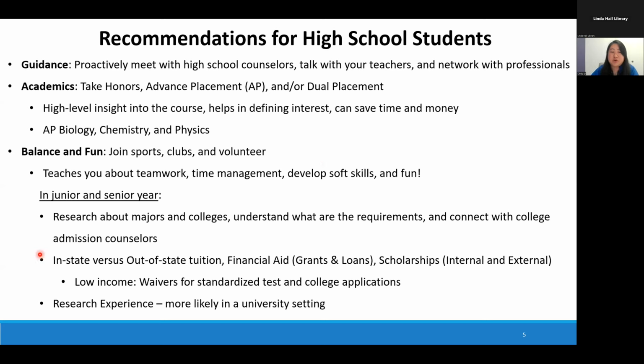Also, make sure you start learning about in-state versus out-of-state tuition. What is the financial aid that is available, whether through grants or loans? And then also look at scholarships, both internally within that college or externally. Try to find scholarships that are provided at the national level, some are like the NSF, the NIH, the